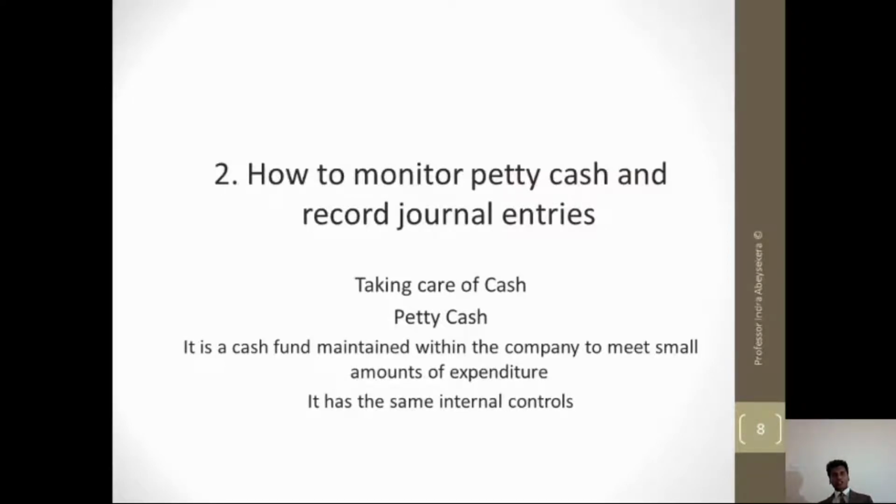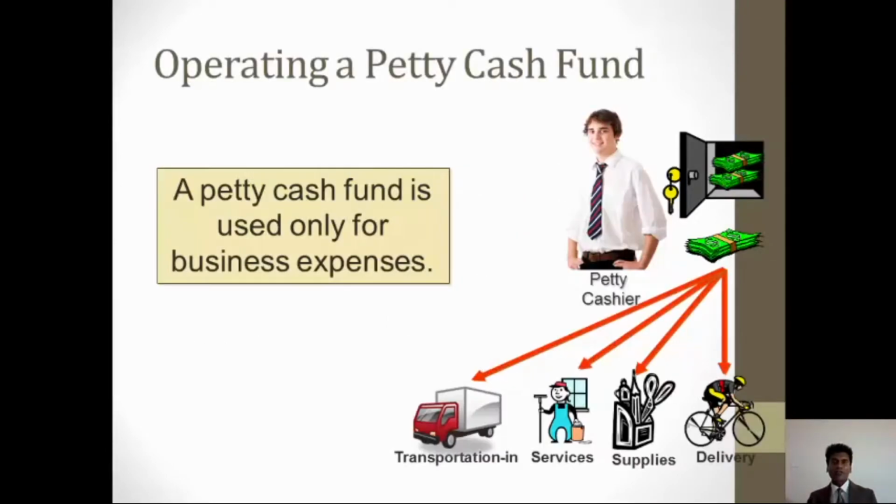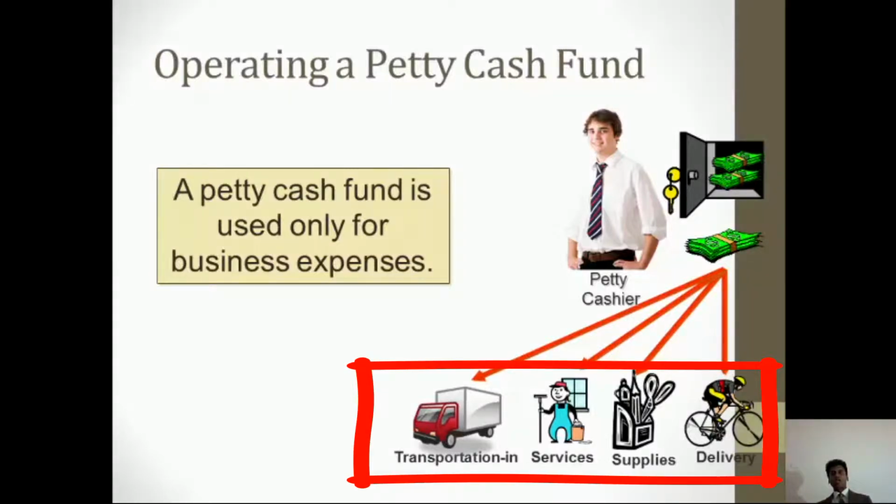One of the learning goals of this workshop is to understand how to monitor petty cash and record appropriate journal entries. Petty cash is a small cash balance that is held within the organization to meet various minor business expenses. It could be for stationery, it could be for various supplies, it could be for courier services or some transportation,